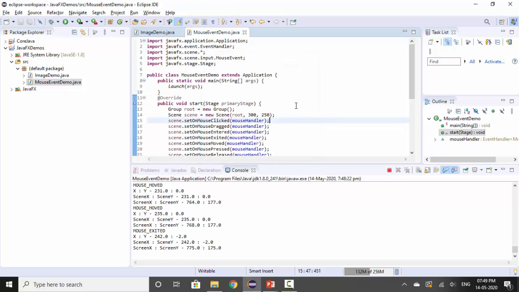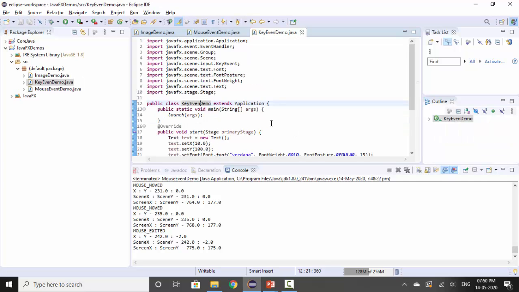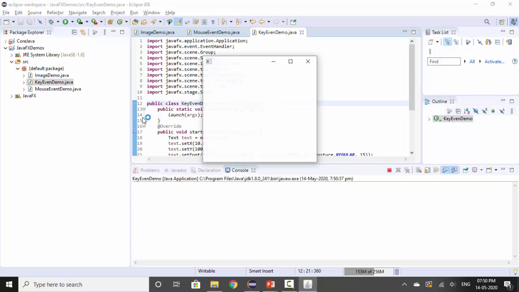Then similarly, we have the next program. So let's execute this program, wherein keyboard events are there. So this is the output. Now I am typing the key. So you can see key pressed is A, B, C, D, E, F, G, anything. Whatever I press, control, alt, then 1, 2 digits, then number pads, then enter, shift, or any of the keys, backspace, whatever you press, tab key, caps lock.